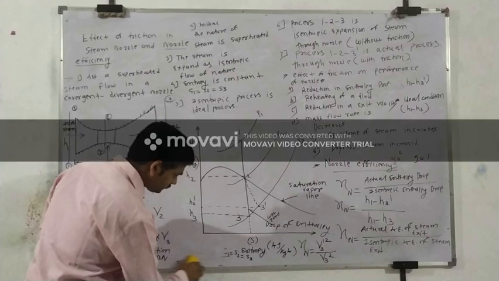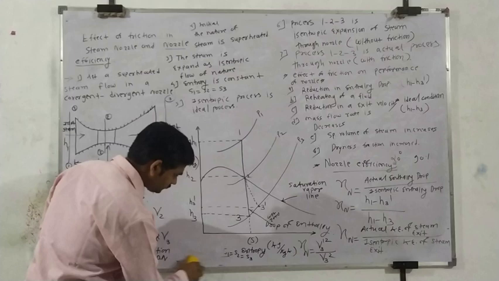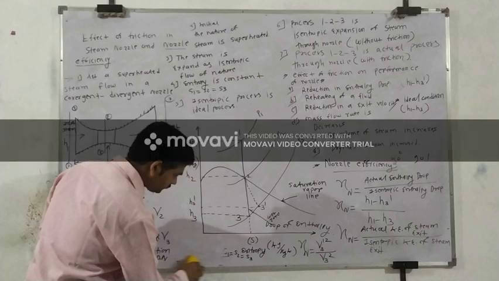So these are the various definitions we have to discuss here: nozzle efficiency, nozzle velocity coefficient, then coefficient of discharge. Okay. And then some another parameters, effect of a friction on performance of the nozzles, then diagram of HS and convergent divergent nozzles. So I stop here. Thank you very much.